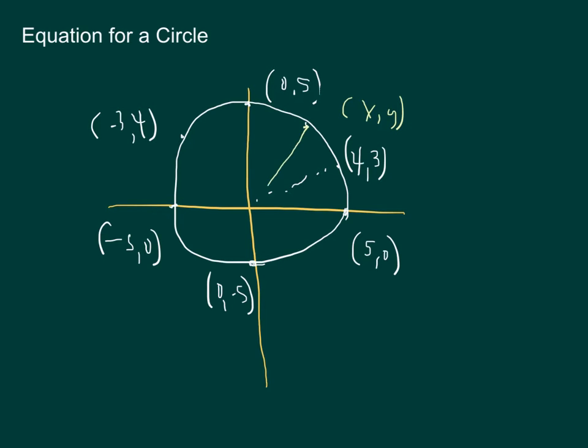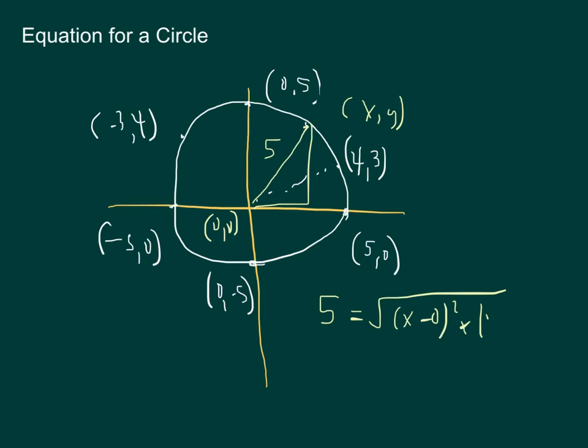And I know that the distance here is 5. So if I think about the distance formula, on this the center here is at 0, 0, the distance formula would tell me that 5 is equal to the square root of x minus 0 squared plus y minus 0 squared, which simplifies to 5 equals the square root of x squared plus y squared, which is often written in